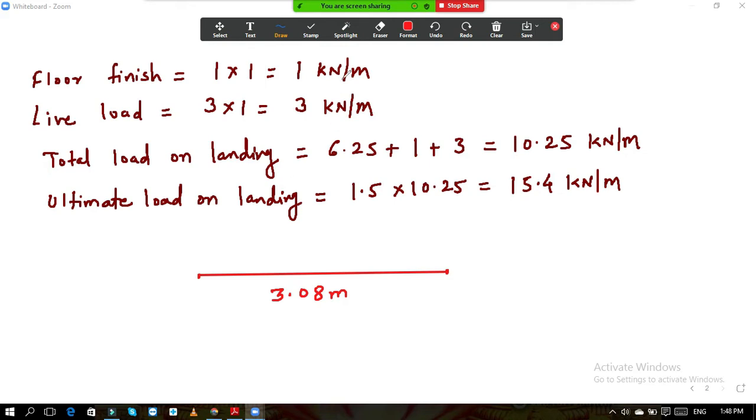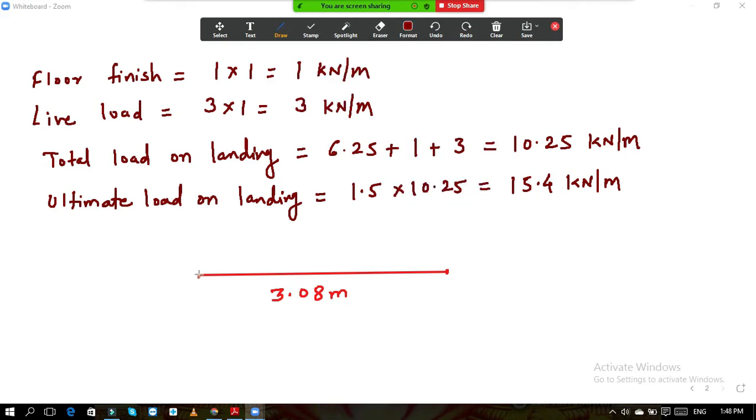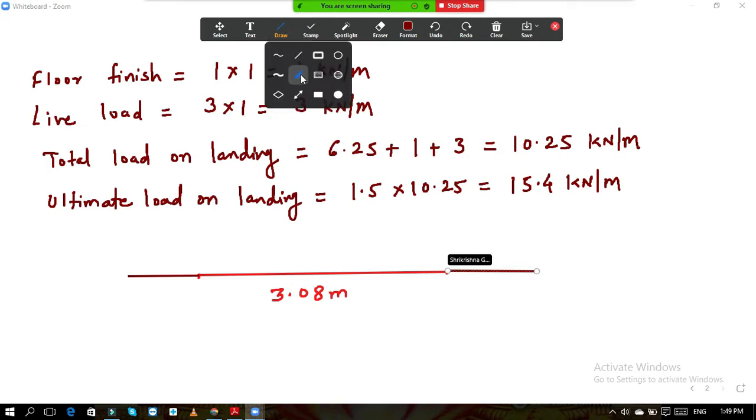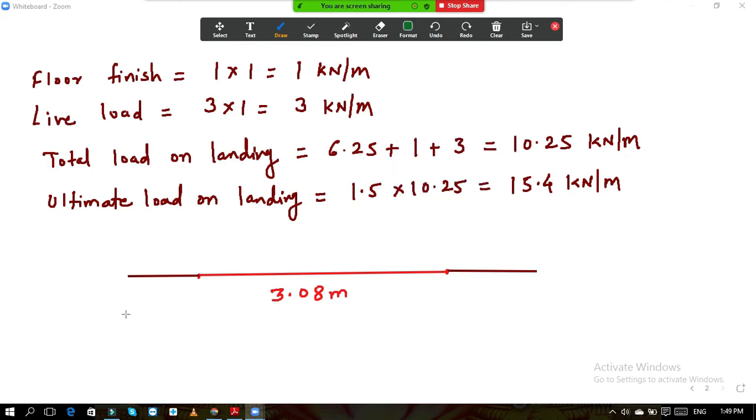So now, again, I will extend this because here the approach slab is there. So here is the approach slab, and if we move forward, there is a landing slab. Those are supported. The support is given to them. So here is one support which is given over here. A wall of thickness 230 mm is nothing but the support. So here also there are two supports.